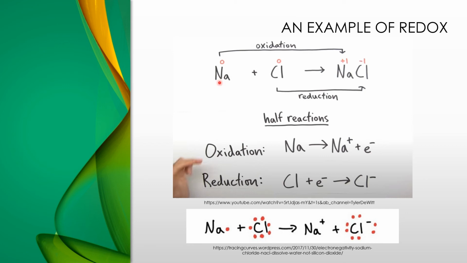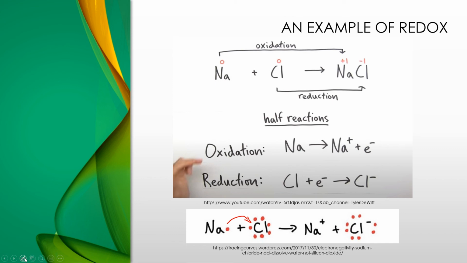talking about now. But when we start looking at one of these examples here I have sodium and chlorine forming sodium chloride, and in this reaction, sodium metal starts with an oxidation state of 0. It's just the metal by itself and is completely neutral. And chlorine gas also has an oxidation state of 0 as well. But when they react, what can end up happening is when you form NaCl, there is a transfer of electrons, and that's sort of assisted in visualizing down the bottom here when we look at an example using Lewis dot structures. So in this case, you have a sodium giving away its electron to chlorine, and that ends up forming